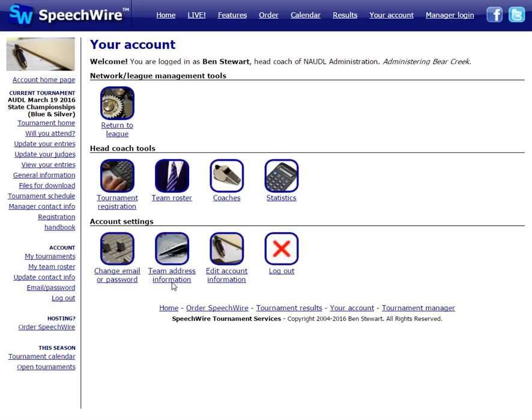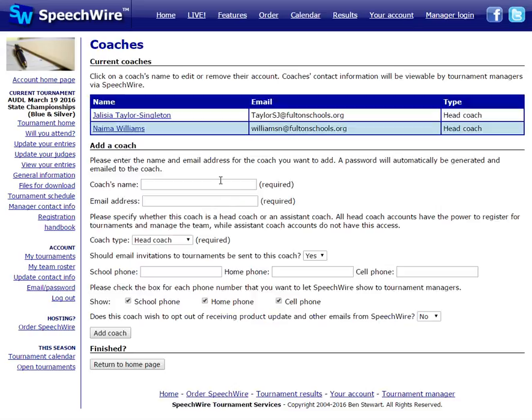As your team grows, you may add new coaches to help you with the burden of running the team. To give them access to Speechwire, all you need to do is enter a new coach name and an email address